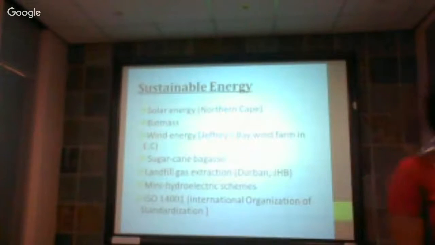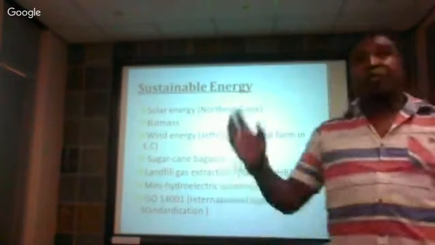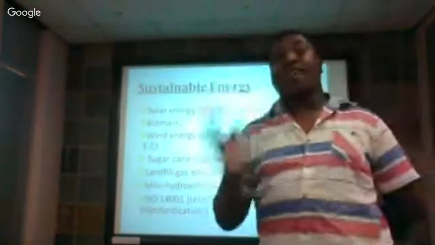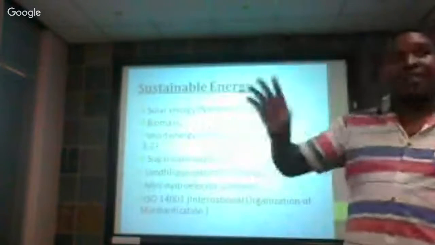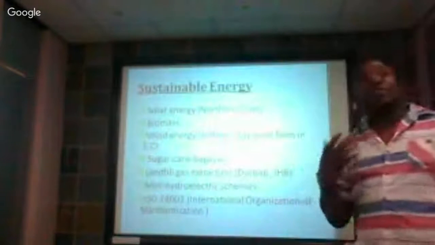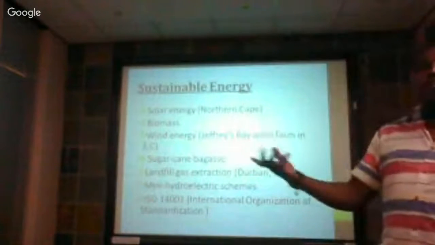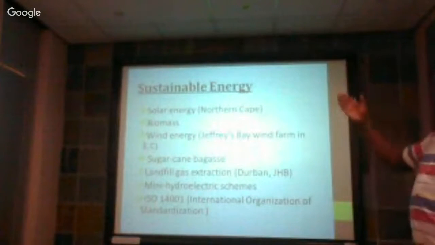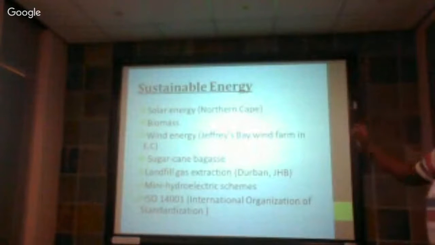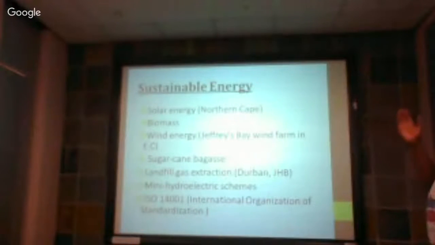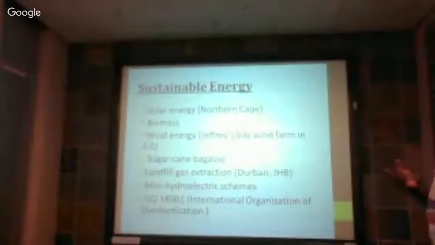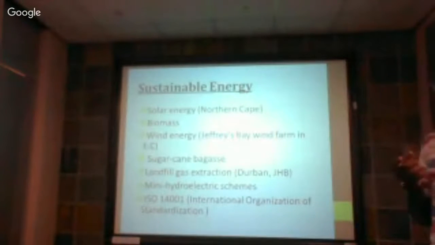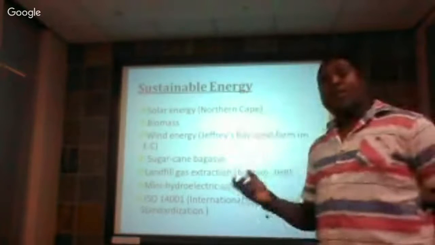Okay, after what you said about carbon footprint, we'll be dealing with the issue of carbon dioxide, which is affecting the environment, the ecosystem, and biodiversity. Hence, there is now a need for us to have a sustainable way of living that can help us deal with carbon dioxide. So we've suggested some of the things that we can make use of to generate power. First of all, we can have solar energy, of which we are fortunate enough in South Africa. We've got solar farms in the Northern Cape, in a place called Upington. Then biomass is another way that we can use to generate power.